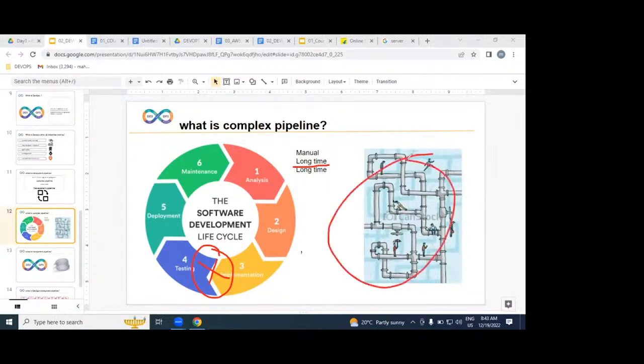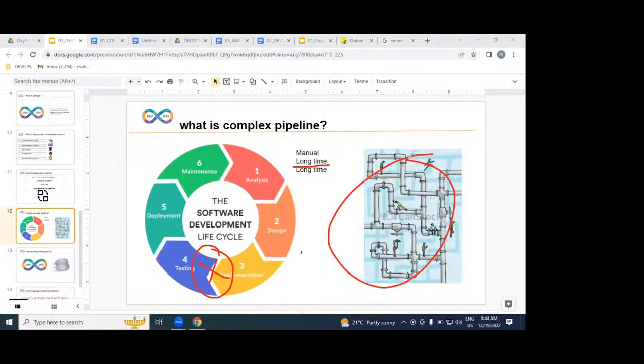For example, a water pipeline that is underground. Somewhere there is a blockage, not a leakage, a blockage. Can you find immediately where the blockage is? Experts are required, or not? We need to pay more salary, more money, or not? Even experts may resolve it within half an hour, within an hour, within a day. It will take a long time. The same happens in the SDLC process. If you get any issue or problem, identification takes a long time, and resolving the issue also takes a long time.